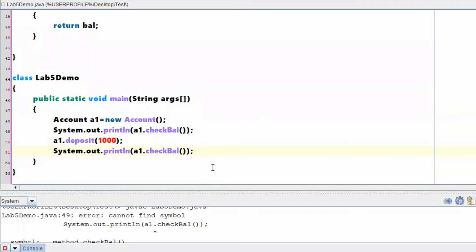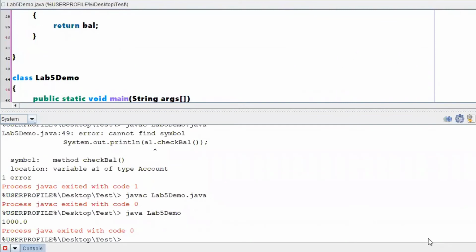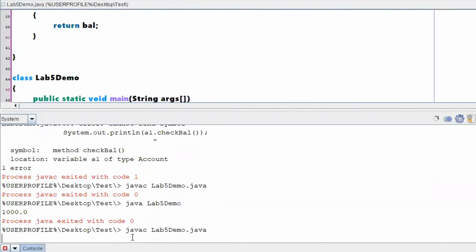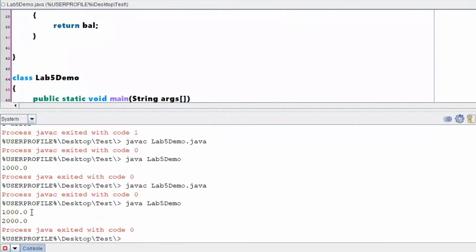Right. So now the output is, initially it will show you 1000 as the balance because you are creating account A1 once again. After that 1000 will be deposited. So with respect to this statement, you will get output as 2000, right? So first it will be 1000, then it will be 2000. That will be your output. So 1000 rupees is the balance when you have created the account.